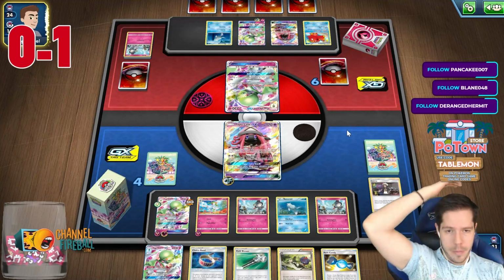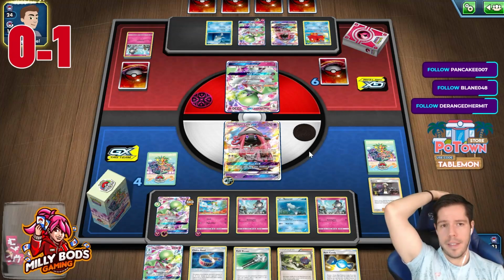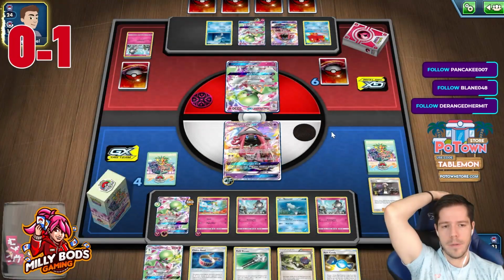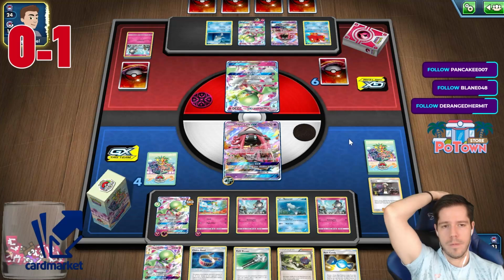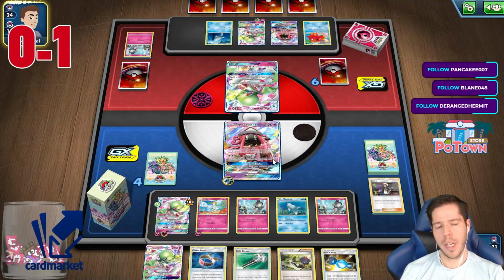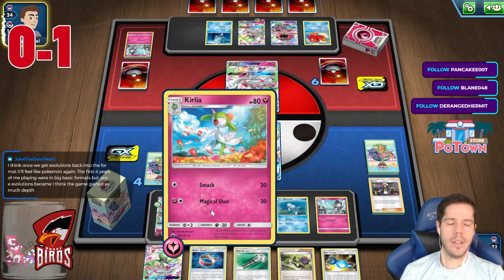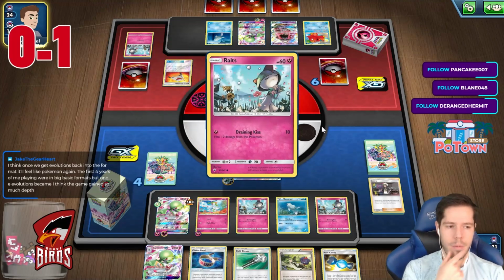Okay, there's the commitment. There's no way he passes here, right? He must have the Guzma. Okay, so now if this happens, if they go Guzma KO, if I get Fairy and DCE, which is not very likely, maybe I can win, but